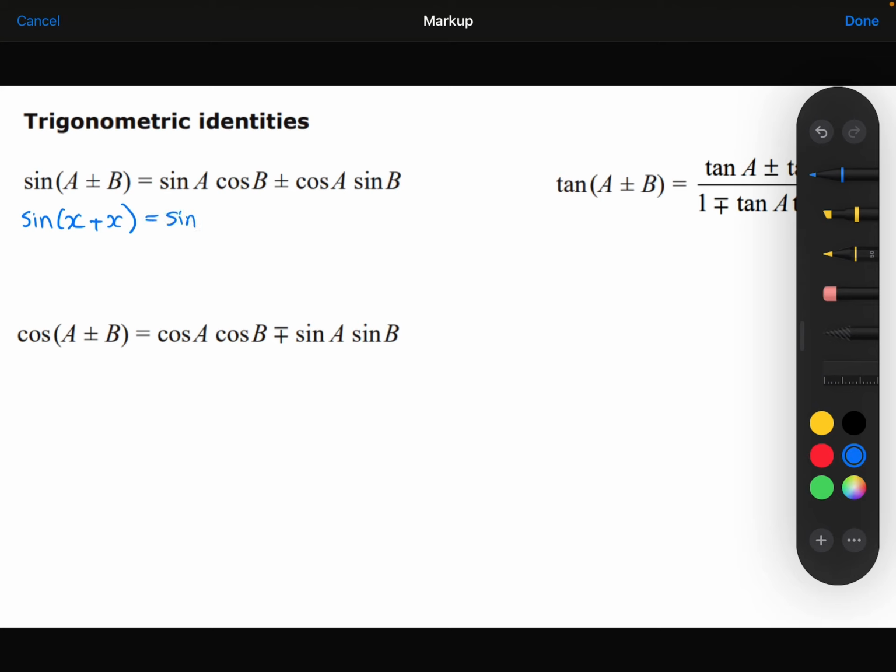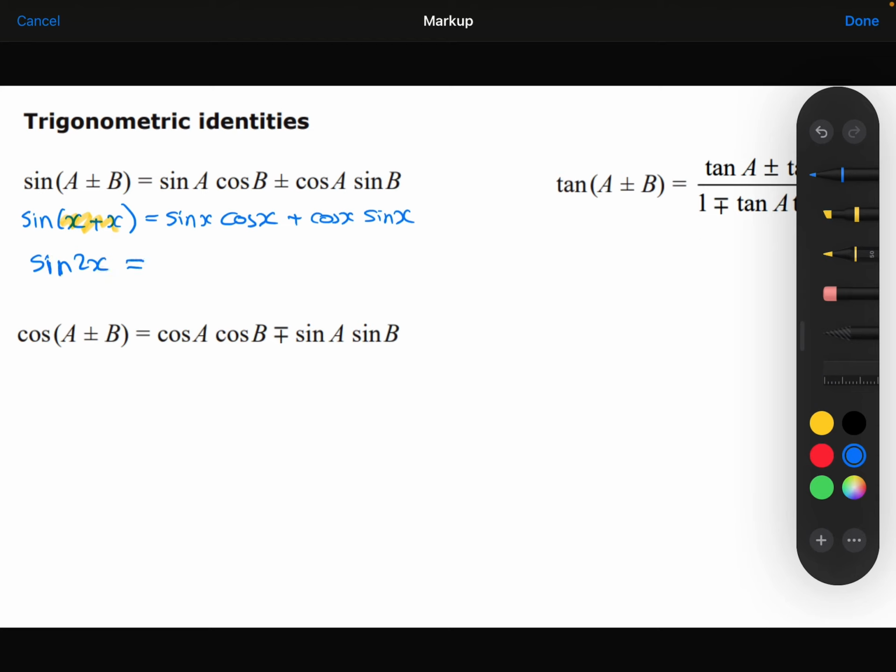So that would give me sine x cos x plus cos x sine x. The left-hand side, the x plus x here, is obviously just 2x. So sine 2x